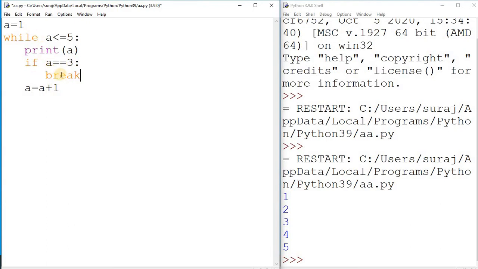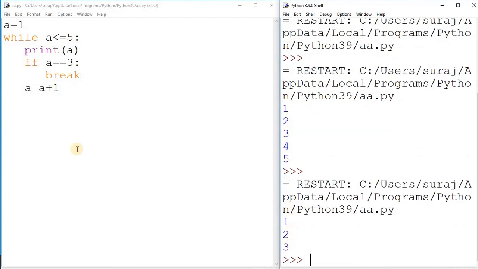For example, in a vehicle we use the brake to stop it. If suddenly someone comes, we just use the brake. Here also, if it is 3, it will break. We check the output, and it is 1, 2 and 3. It shows 1, then 2, and when the value is 3, which is less than or equal to 3, it prints 3.